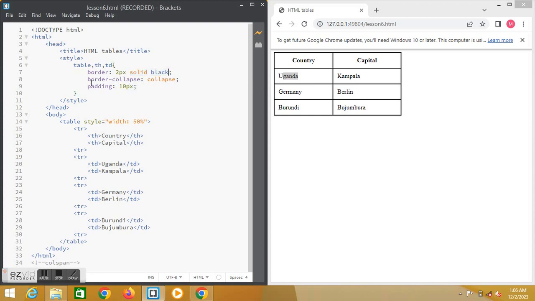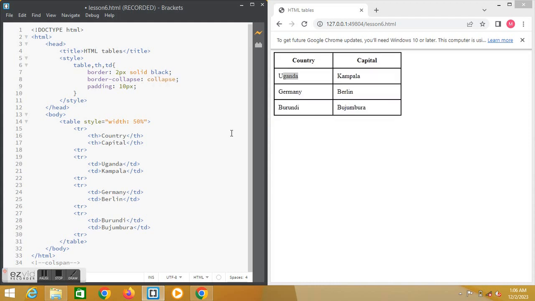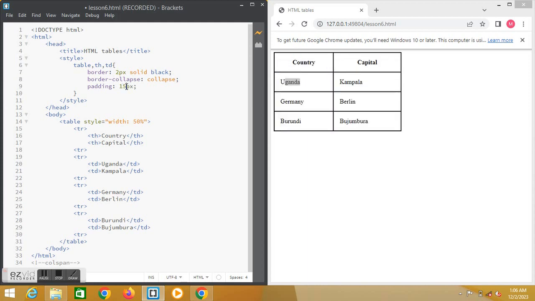And now for border collapse, I really don't get how it brings up something like this if you don't say collapse. But if you say collapse, then it brings up something like that. Padding 10 pixels. Padding is just the space between the word and the frames. Maybe you can say 1, you can say 15, any